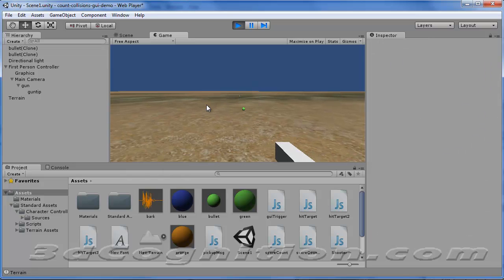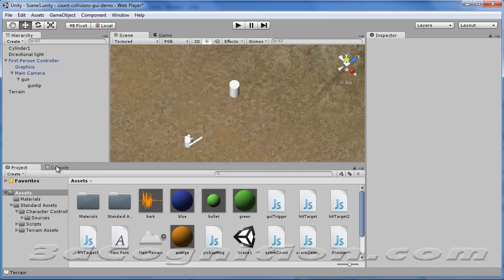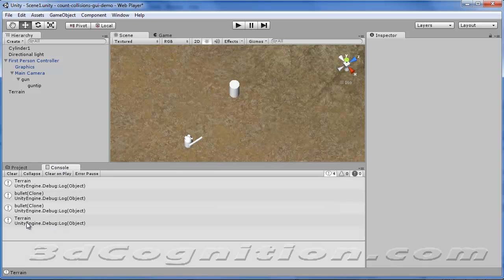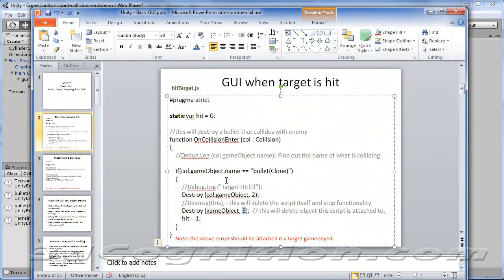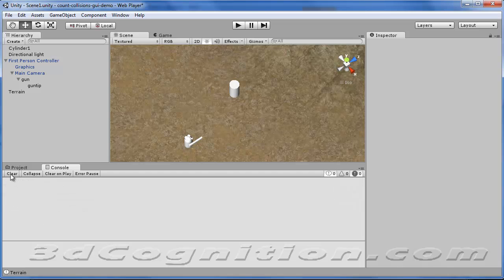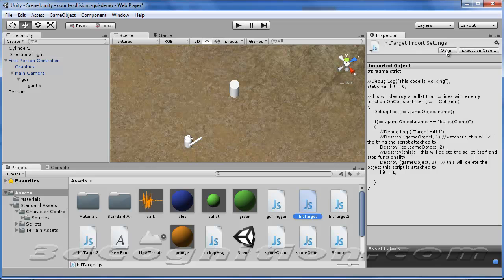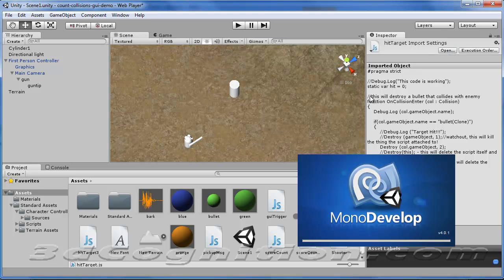Okay, so you can see some things happening. There, all those bullets and the target got deleted. And if I go to my console, you can see that it's showing me the name of this thing I'm shooting with. It's a bullet clone. So let's go back to our script for a second, and you can see somewhere in here, did I leave that on? Let's go find out. Let's go back to Unity and let's go ahead and clear this out and go to projects, and that thing was hitTarget, right? And let's open that script up in MonoDevelop,